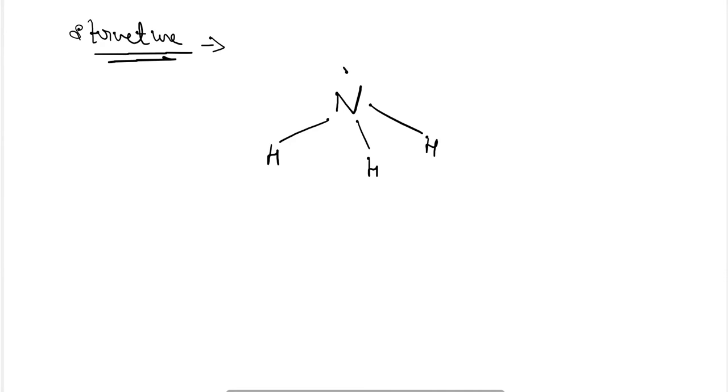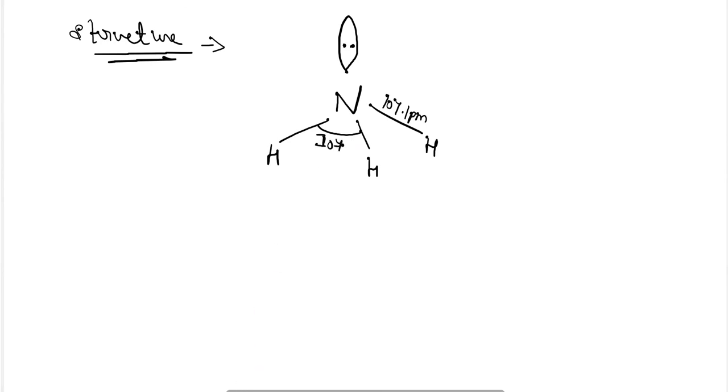The structure of ammonia will be something like this: three hydrogens covalently bonded to nitrogen, and a lone pair of nitrogen is present here. The bond length here is 107.1 picometer, and the bond angle here is 107.8 degrees. The angle is large compared to that of the other hydrides of group 15 elements, because